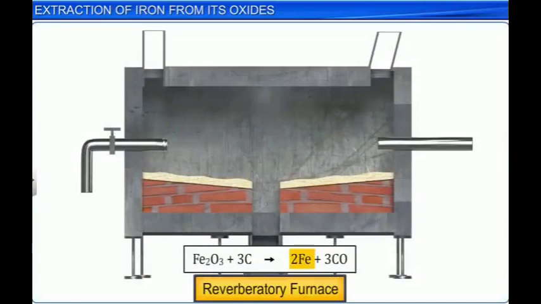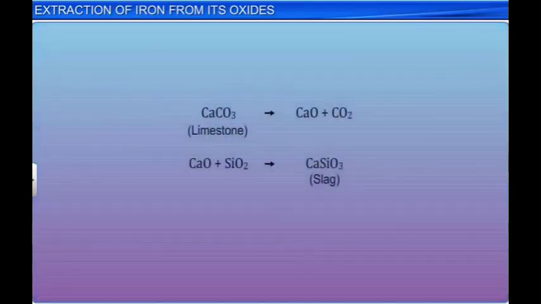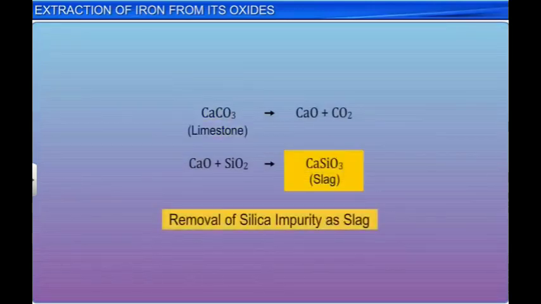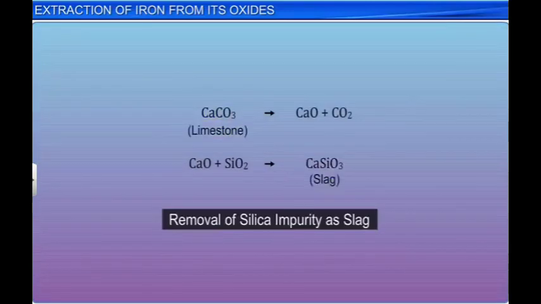Cast iron is heated in the reverberatory furnace lined with hematite, which oxidizes carbon to carbon monoxide, to get wrought iron or malleable iron, the purest form of iron. In this process, limestone is added to remove the impurity in the form of slag. The metal is removed and separated from the slag by passing through rollers.